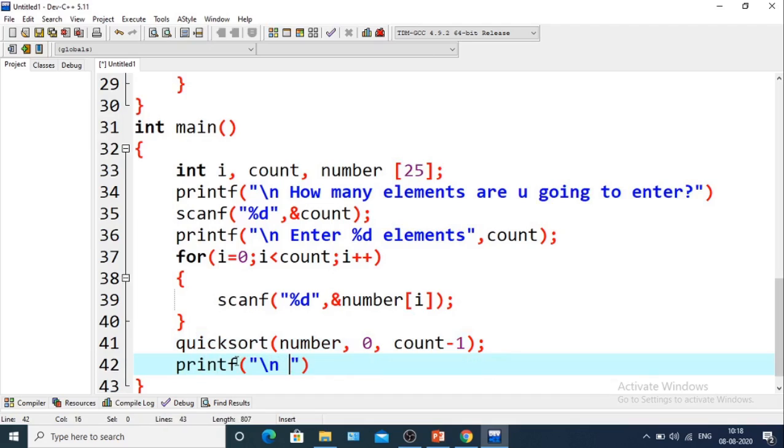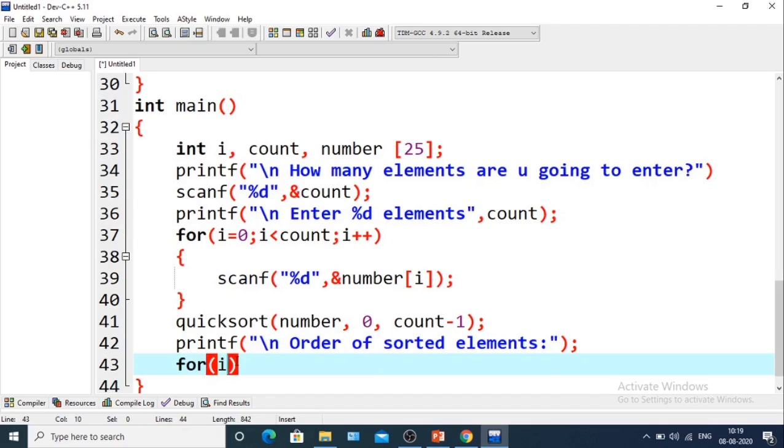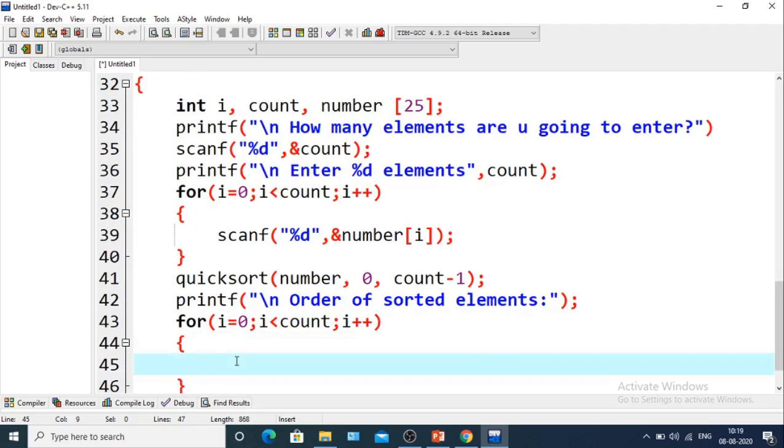So slash n, order of sorted elements. So here for i equals to 0, i less than count, i plus plus. Here we will print all the elements of the number array.